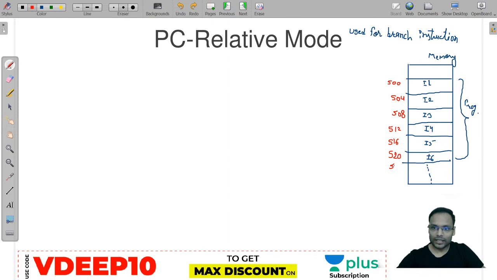If you are fine till now, I will be assuming a few more things for the explanation of this mode and of branch type instructions. This is a very informative mode, in which you can learn lots of things about branch type instructions, how they work, and how they go further in execution. So stay with me. Just listen and understand what exactly I'm going to explain. So in PC relative mode, I'm talking about a branch type instruction, and let's assume that